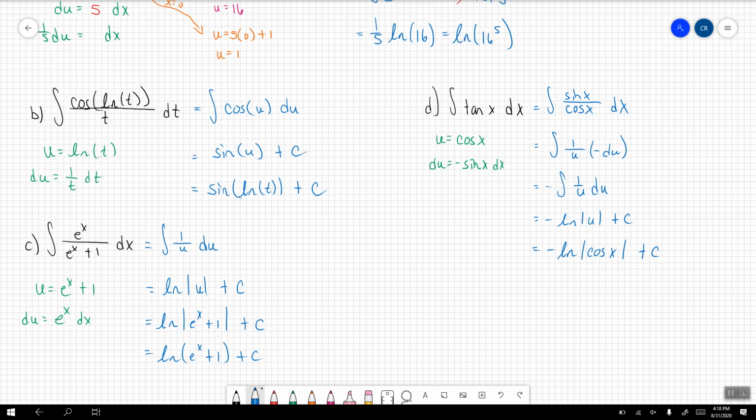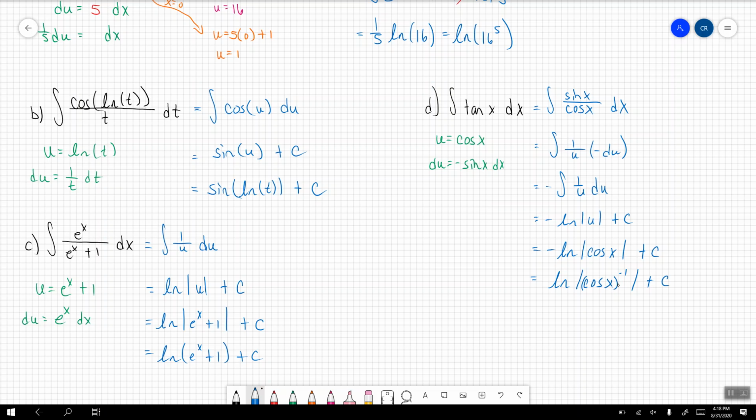Alright, so we do have to leave the absolute value there because cosine is not positive for all values. So be very, very careful with that. However, what we can do is apply this -1 to the argument. Because we have a negative multiplied by the logarithm, -1 was multiplying, therefore we can raise the argument to that power,